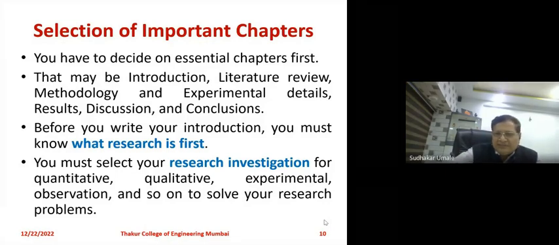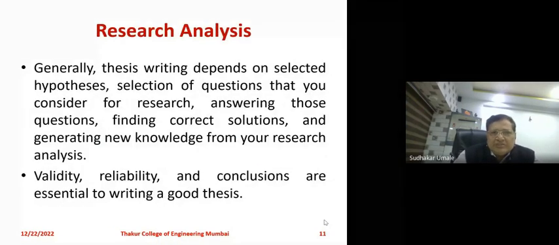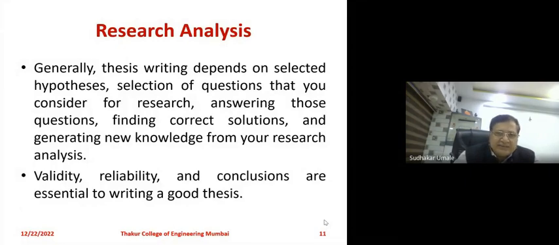Now, after getting the research investigation, we require the research analysis. And you must understand what research analysis is. Generally, thesis writing depends on selected hypotheses, the selection of questions that you consider for research, answering those questions, finding correct solutions, and generating new knowledge from your research analysis. Validity of your research, reliability of your research, and conclusions of research are very essential to writing a good